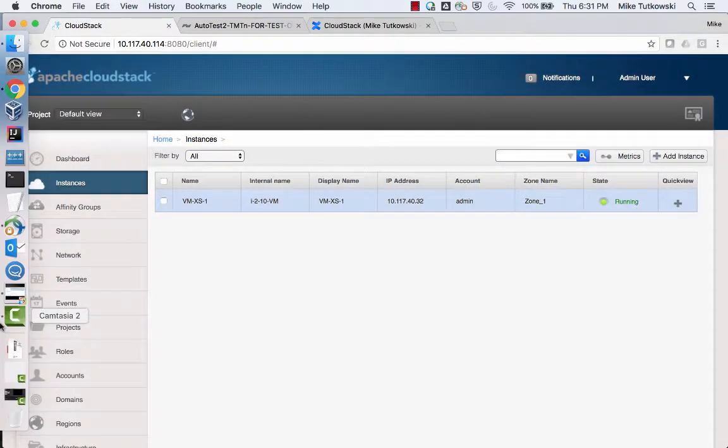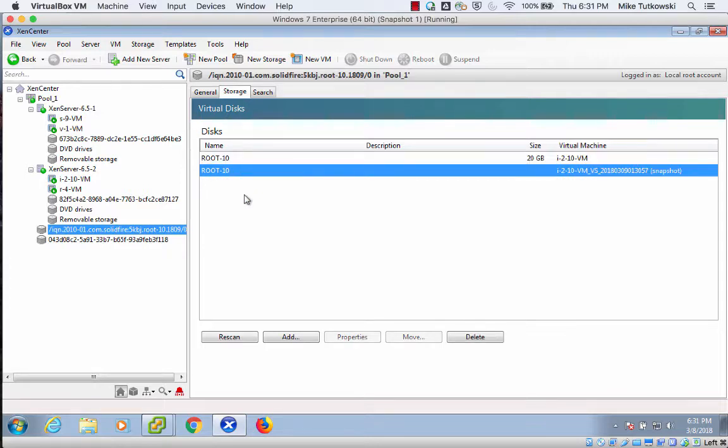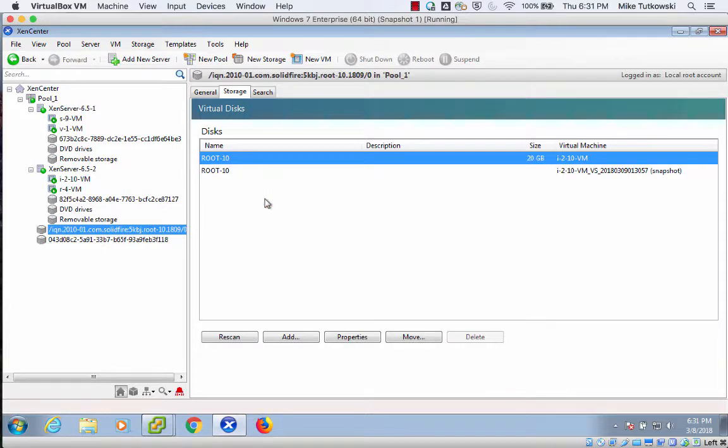Let's now go back to where we were in XenServer, and we can see that we actually have two virtual disks here. I'll highlight this snapshot, and then this is the active virtual disk. Now, these are essentially part of the same virtual disk from the point of view of our virtual machine. What I wanted to note here is that the fact that we took that hypervisor snapshot of this virtual disk